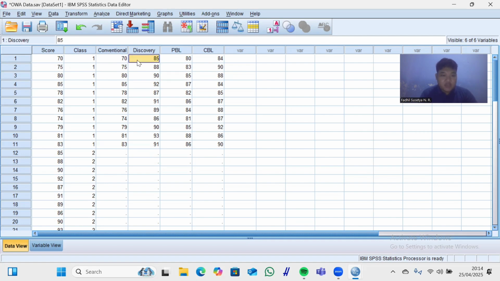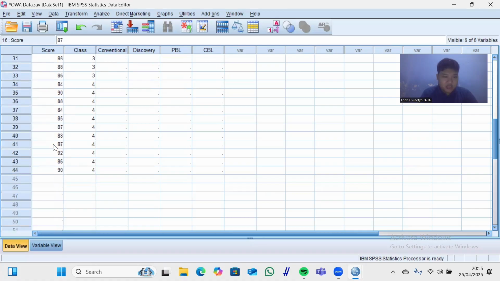Especially for the ANOVA, we make the input different. In the input, we put all the data in the same column. So the data from conventional from 1 to 11, and then discovery, etc., until challenge-based learning.